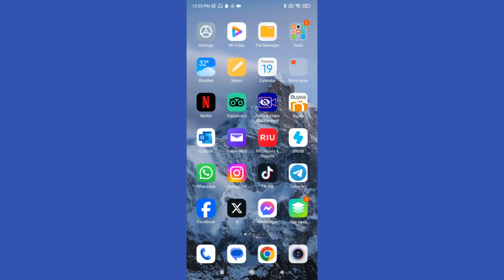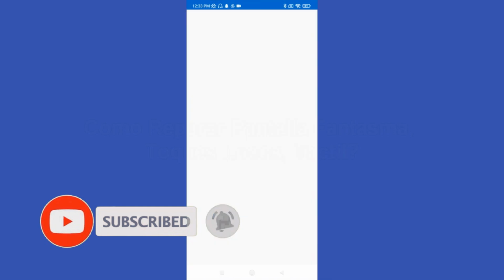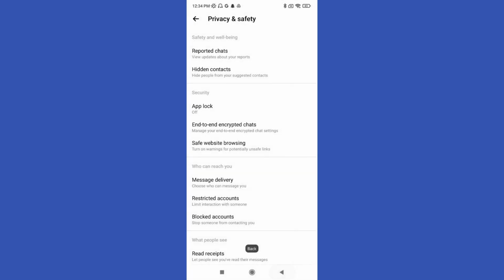This time we will check how to fix the missing chat history sign on Messenger. Now on Messenger, let's start. Let's go to Messenger. Let's wait till this loads. Then that we are here on Messenger, just go to our chats,